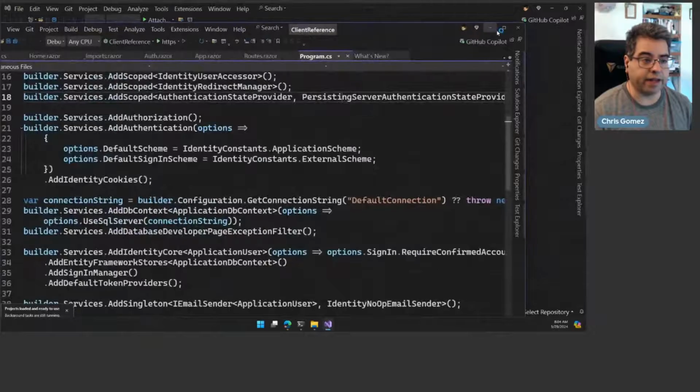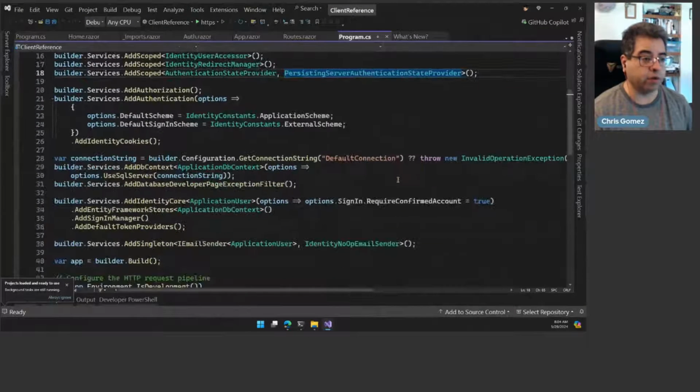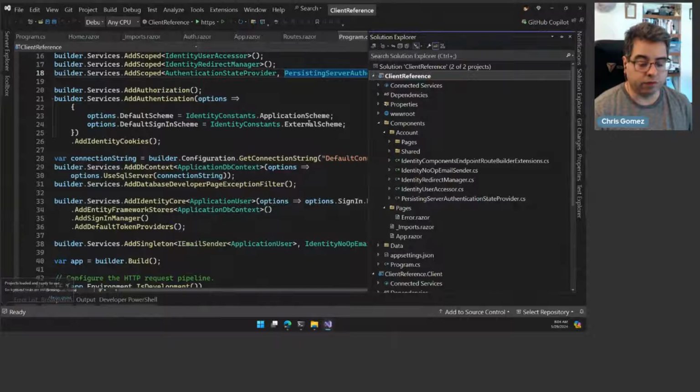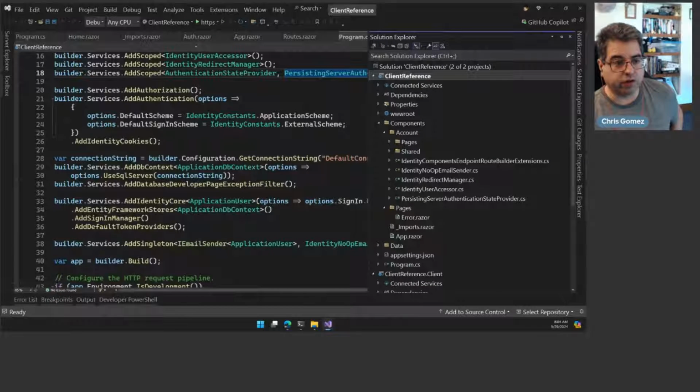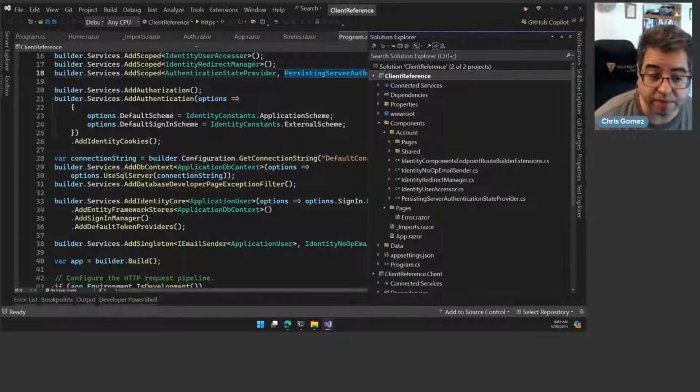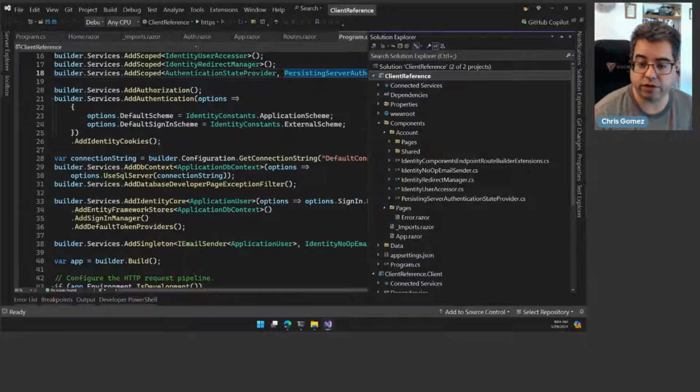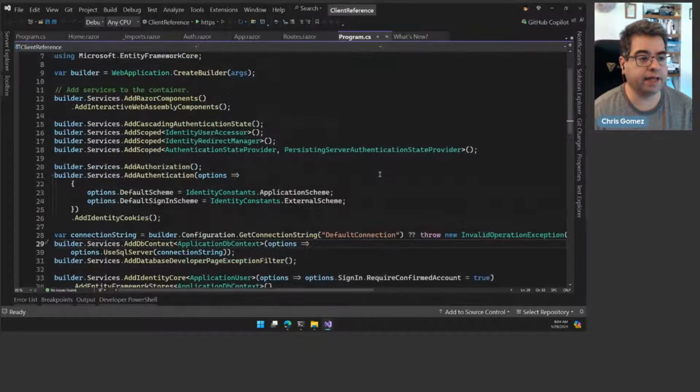So this is a client reference project. And if you're wondering how I created this, I did use Visual Studio to create this. And I said I wanted global WebAssembly and I wanted individual accounts. So why do this? And the reason is so that I can see what they did in the template. And since we've kind of gotten the handle of what here is required for the minimum implementation and what isn't,